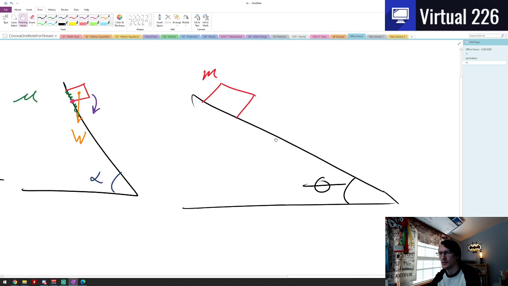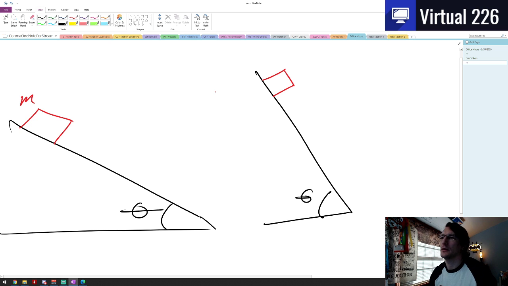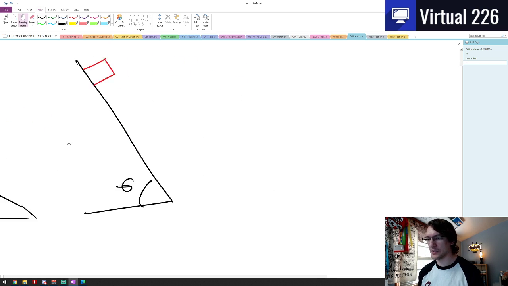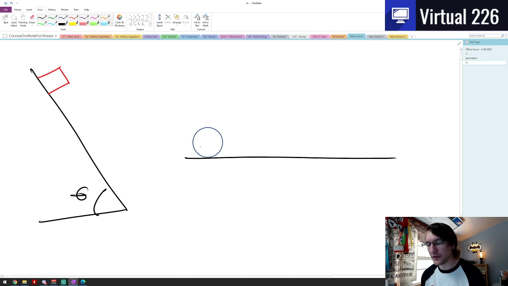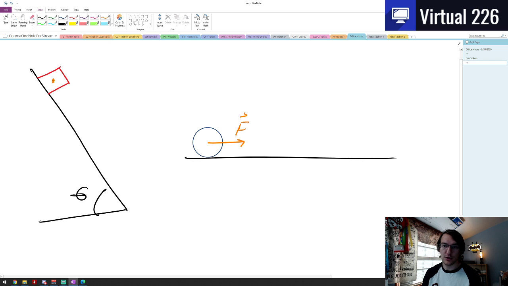The reason I trust my gut here is that even if I had a very steep incline like this, yeah, you need friction, and here's why. This is going to be a weird thing to think about. Here's flat ground. Here's a sphere. If I push this sphere at the center of mass with a force, which is where gravity is acting on this box,